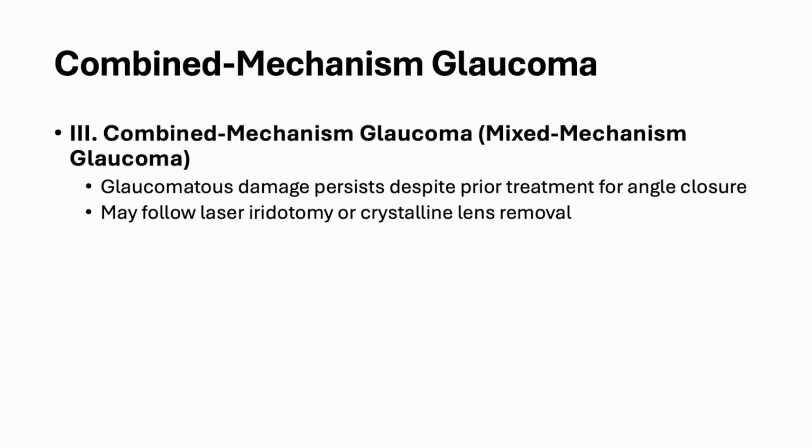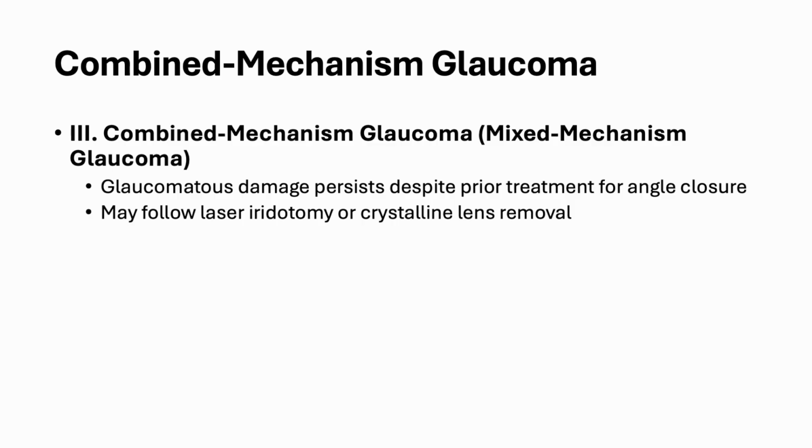Combined mechanism glaucoma, also known as mixed mechanism glaucoma, occurs when glaucoma damage persists despite prior treatment for angle closure. This is often seen after laser iridotomy or lens removal, where the angle may now appear open, but outflow resistance or IOP elevation continues. Accurate classification is important to ensure that treatment addresses both residual angle closure mechanisms and open-angle